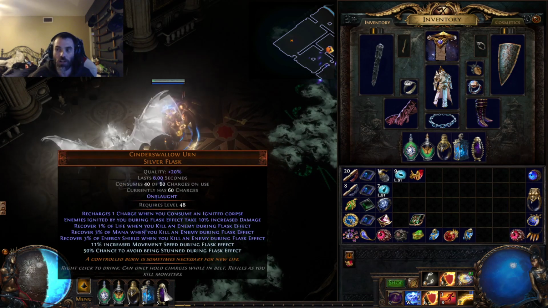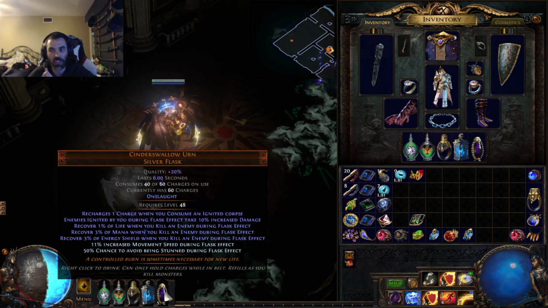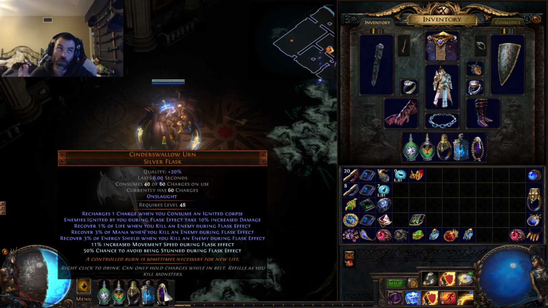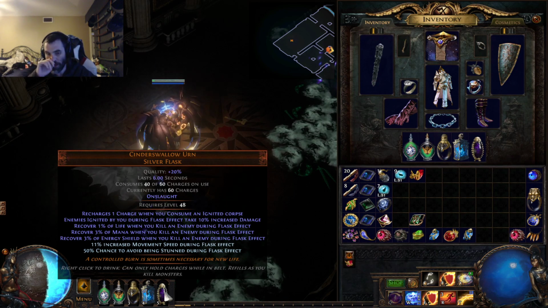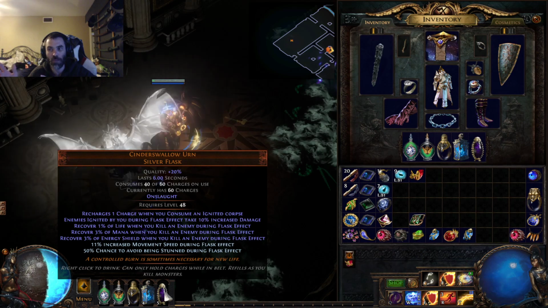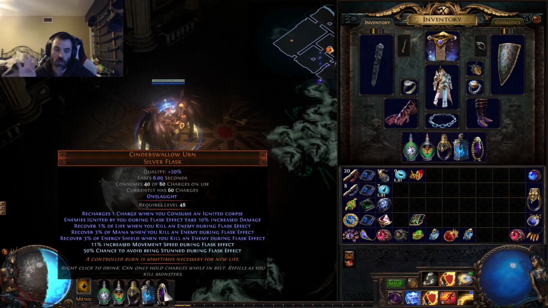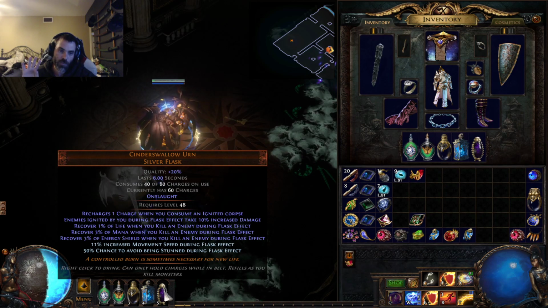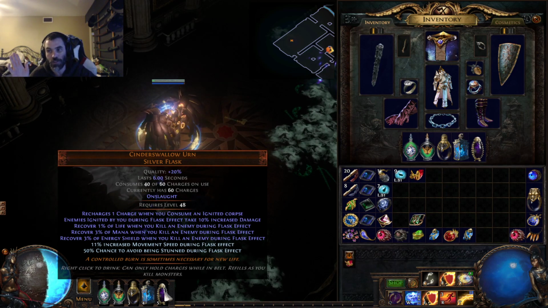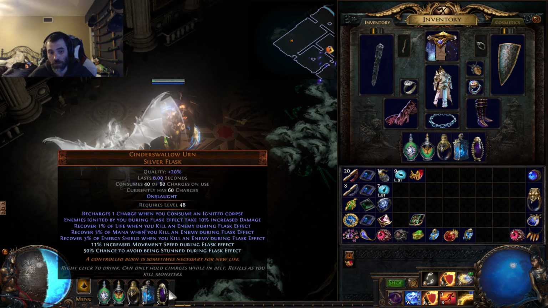The cinder swallow, at the point I'm at in the build right now, I could kind of keep it or leave it. Early game, it was a lot more important, but now, because I have 4% mana back on kill, and I'm running 4 auras, all max level, it's not used as much, but it is nice in those oh shit moments when your energy shield starts dropping